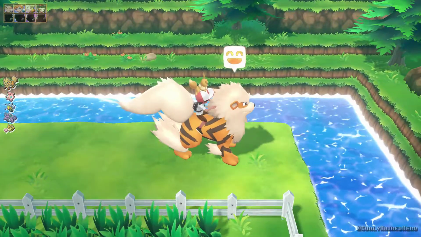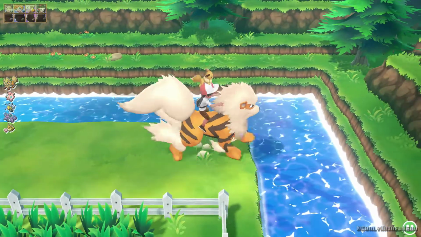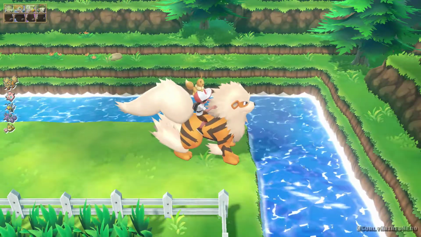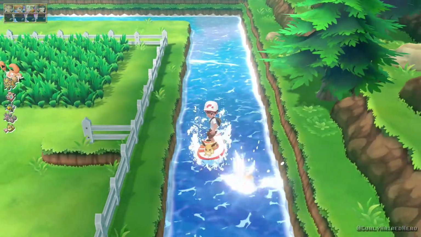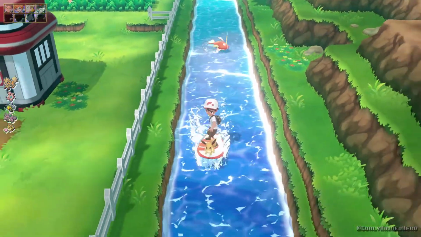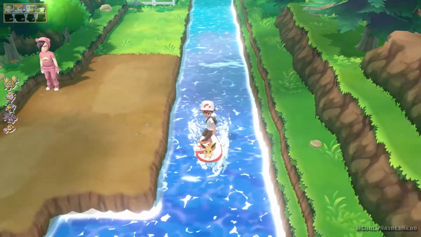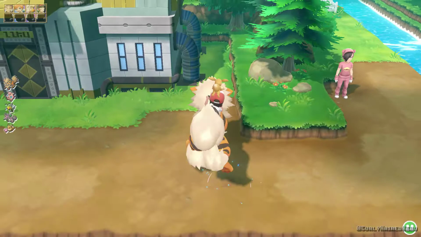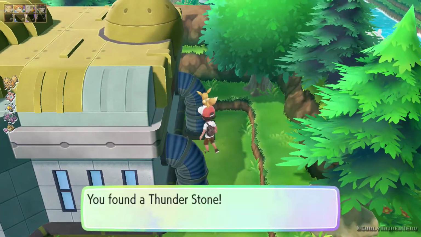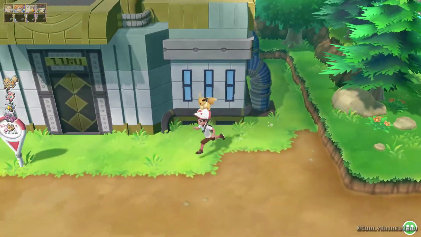And then all we have to do here now is, cool. Surf. Or Sea Skim. Straight down this way. And we should make our way to the power plant. Probably gonna find ourselves a thunderstone here or something. Yep. And inside the power plant, we'll find the final of the trio,